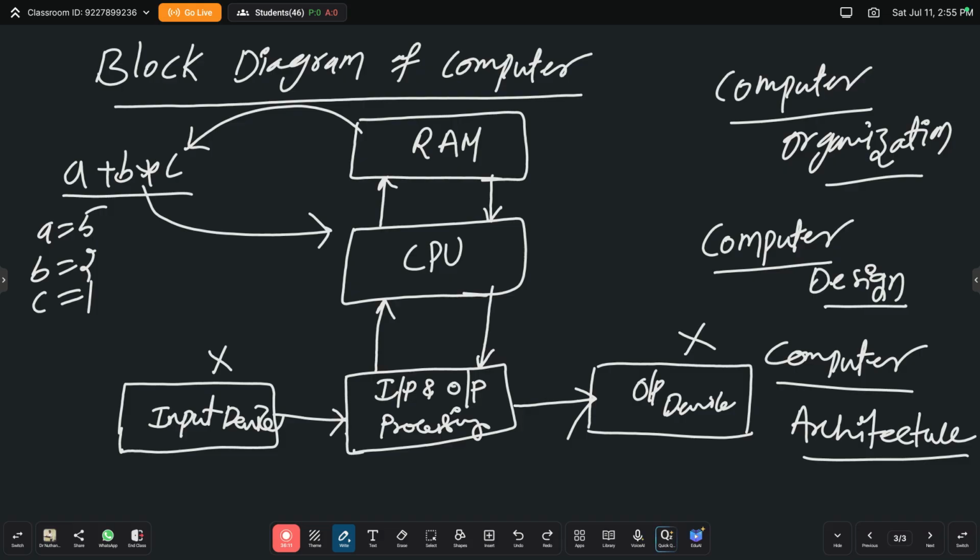Computer architecture is concerned with the structure and behavior of the computer as seen by the user. It includes